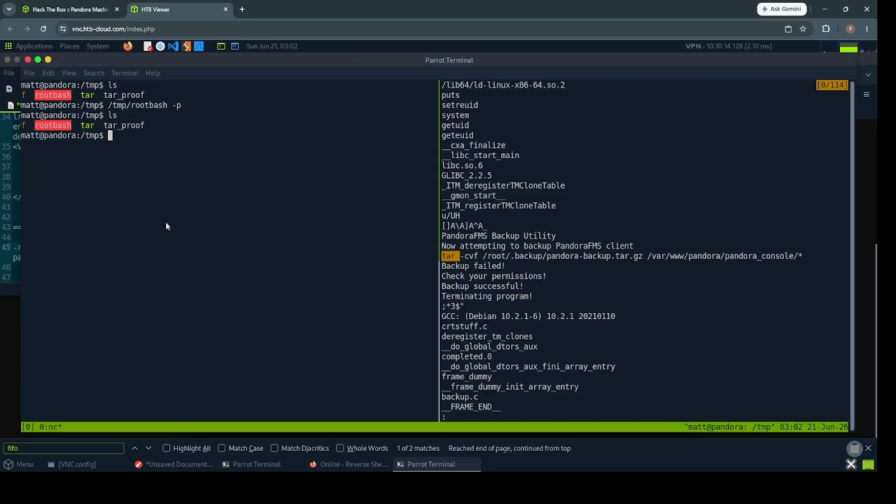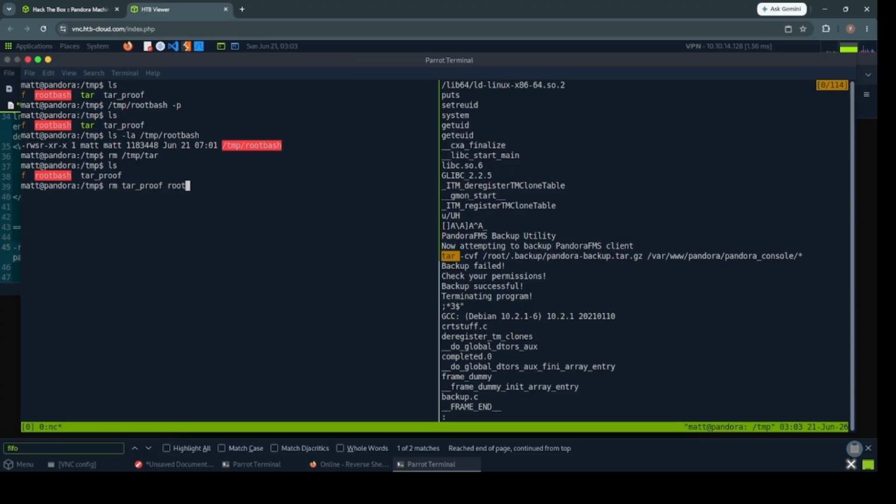SUID gives the privilege of the file owner, and it should be matt here, but we want root. So we would like to debug why it fails at this stage, and delete the tmp tar again, and you can delete them all, and cat